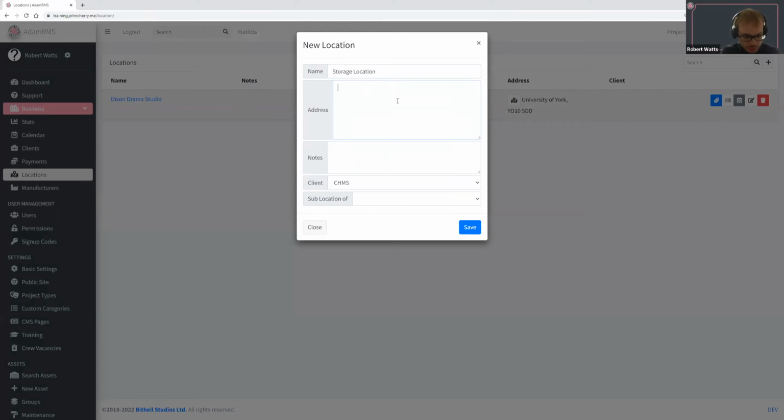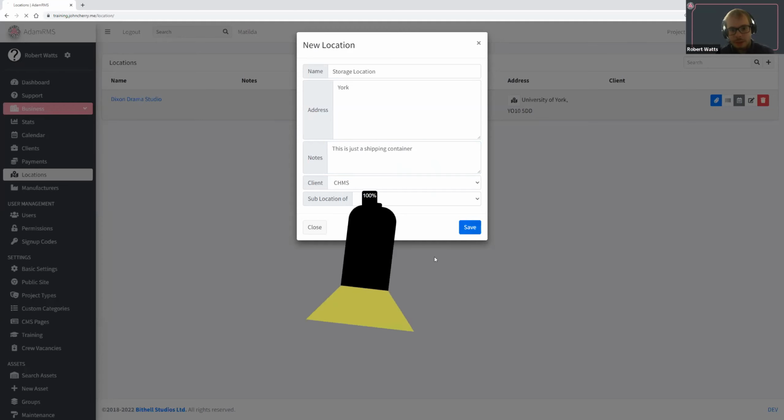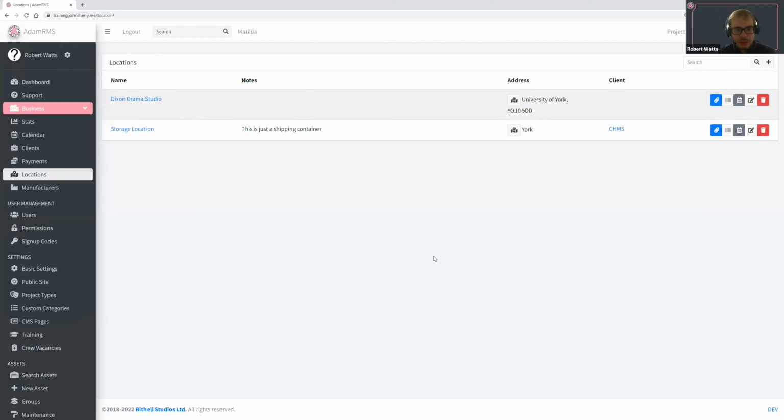We can put in an address of York somewhere, and we can put in a note to say this is just a shipping container. So we can say that it's owned by CMS. Obviously we wouldn't normally be doing shows in there, but you might do internal events at a storage location if you need to. And you can see here